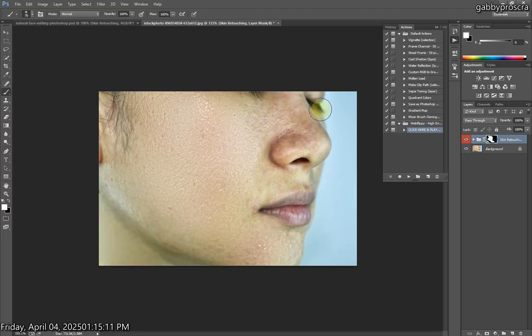So as you can see, I'm brushing my skin. So quick, easy and fast. As you can see, before, after. Yeah, that's the way you do it. Then